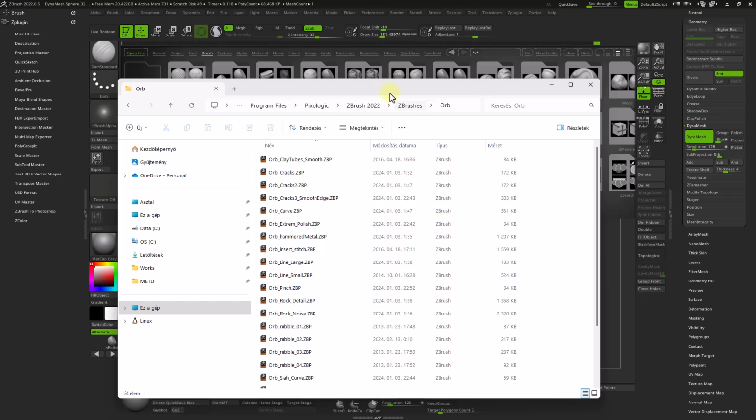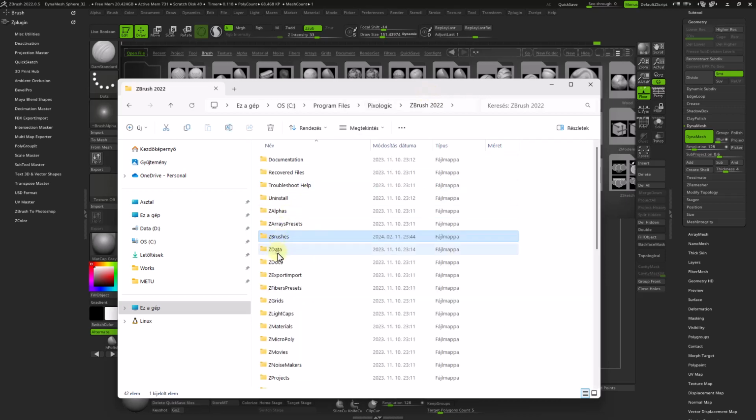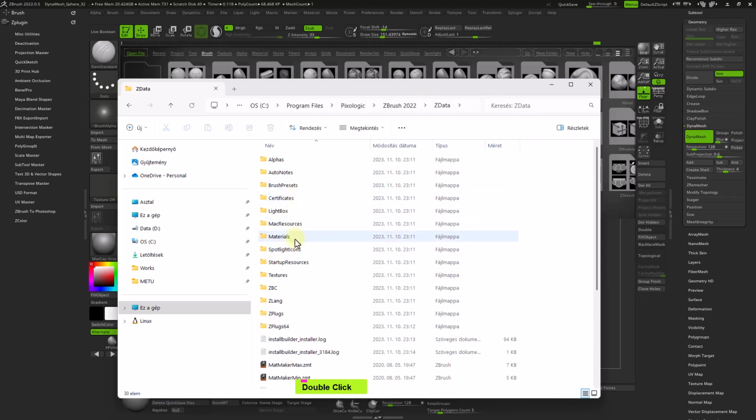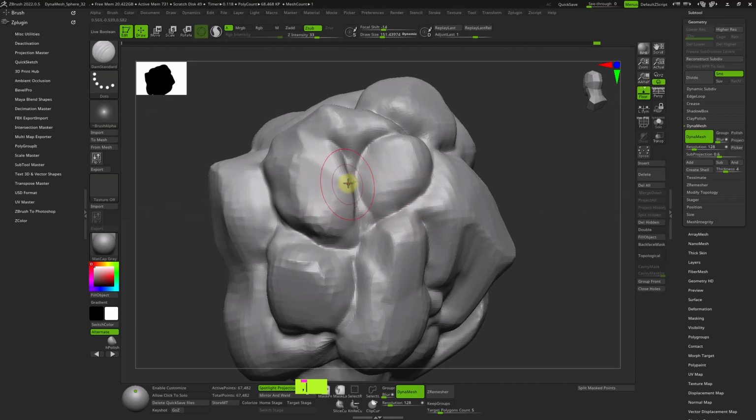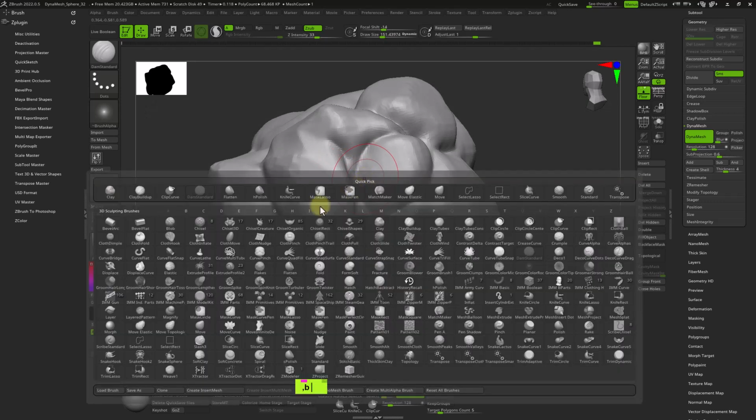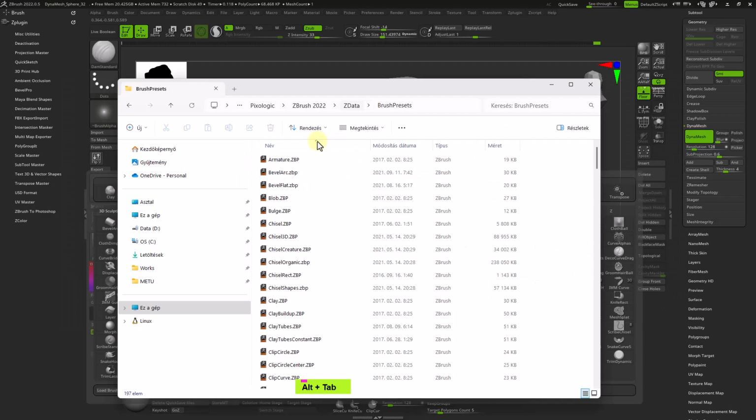Something else, if you want to permanently use brushes all the time, so we want to get those back, then you use the ZData folder, and in the ZData folder you have the brush presets, and these brushes actually appear here. So let me just press B, and these brushes are appearing here. Now the main difference is these are loaded all the time. So if you want to use your custom user interface, let me just show this simple trick. So ZData,